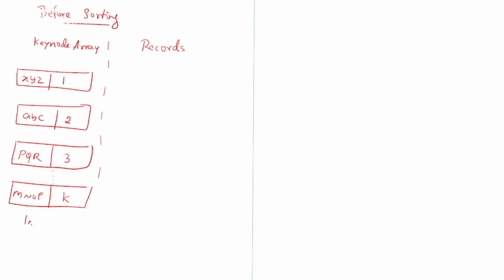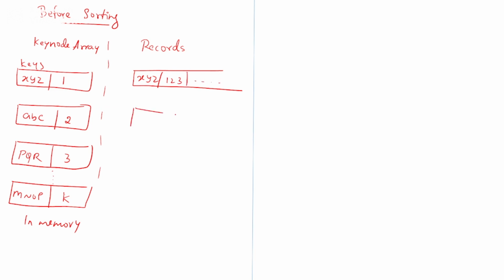This is in the memory, and all these, XYZ, ABC, are keys. And what exactly do you have in the records? In the record, you will have this key as well as some other fields.